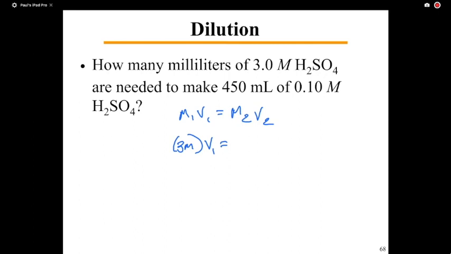What is the molarity at the end? The 0.1. What is the volume at the end? 450 milliliters. How do I solve this mathematically? Divide both sides by what? Not 3 molar. Remember, we do have to take care of units. All right, and if I get my handy dandy little calculator out, 0.1 times 450 divided by 0.3 equals